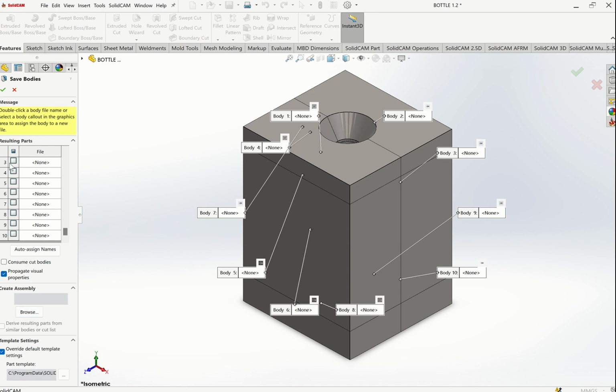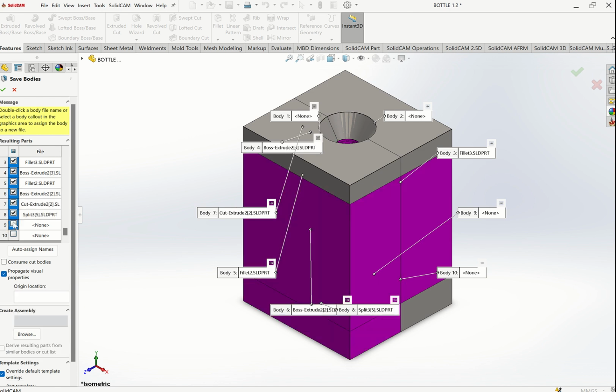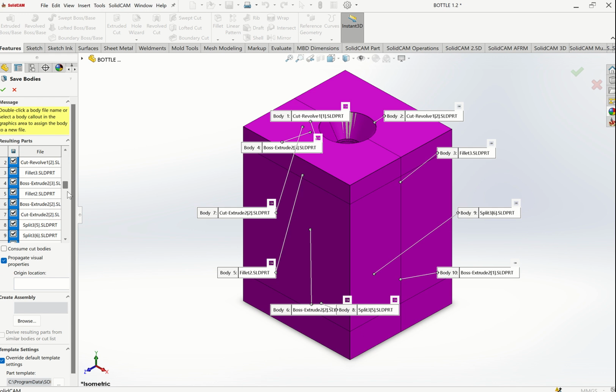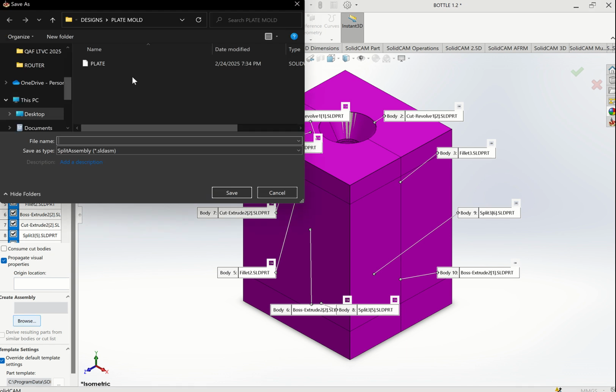Then here, open. Before we open, check all of them, so that we are going to do an assembly for all these parts. How many parts? Should be 10 parts, is it? Let's assume that all of them are checked. So all of them are checked. Then clear here, open, close, open. You can say